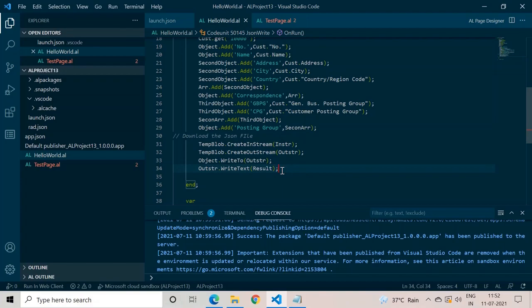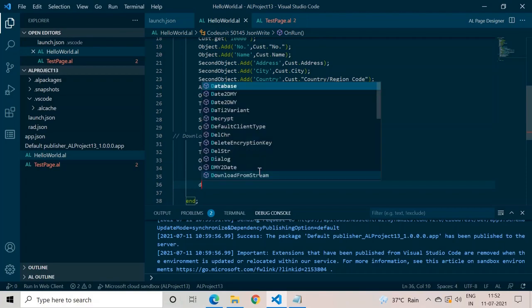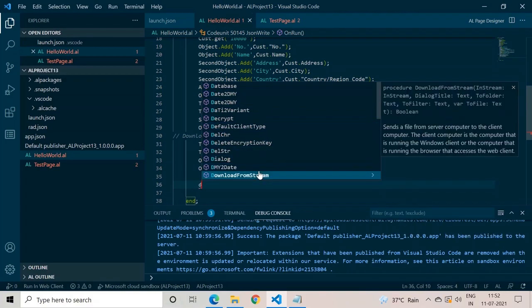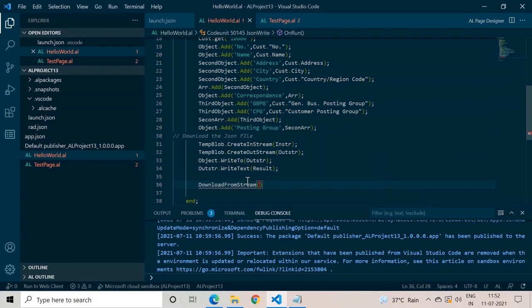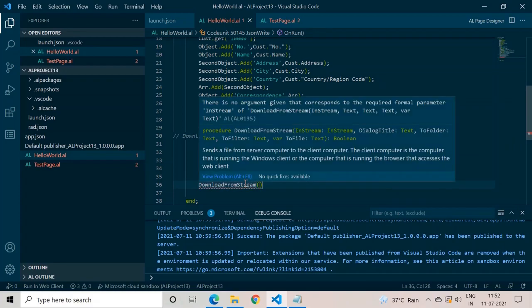Okay, so after having the data in this, because we need to download the file, we have one function, download from stream, and it takes the parameter of in stream. So we now understand from this function that we need the in stream data type to download the data in a file.